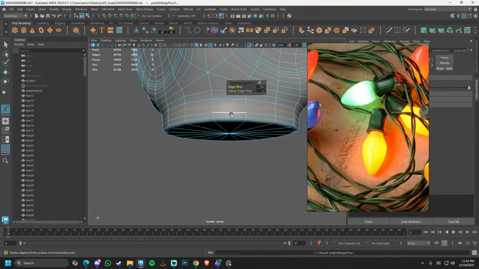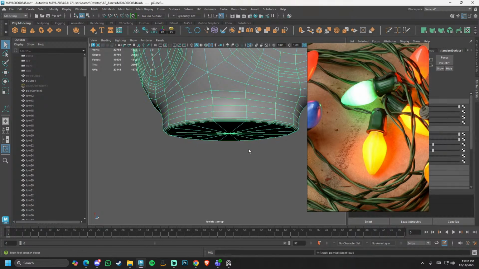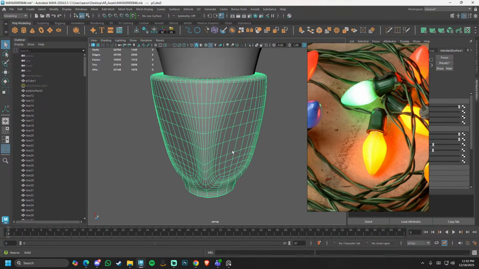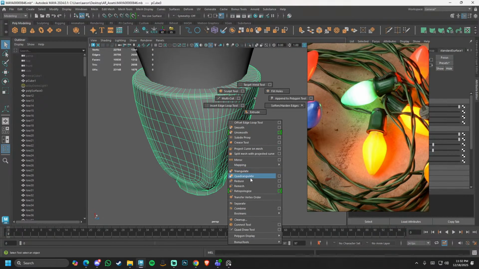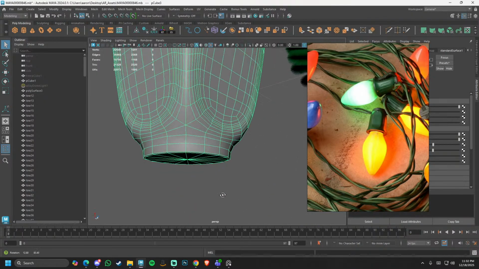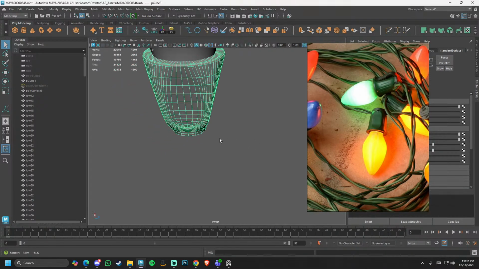Edge flow, edge flow. Okay, that's fine. I think that's the least I can try. Maybe I can try to reduce it a bit more to see how things will end up. Yeah, it's fine actually,